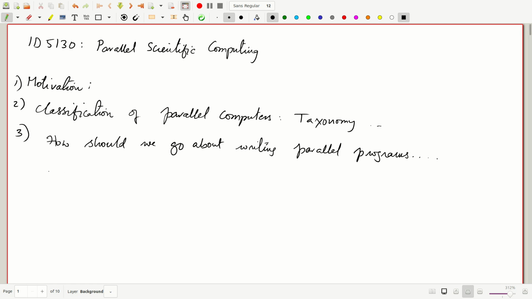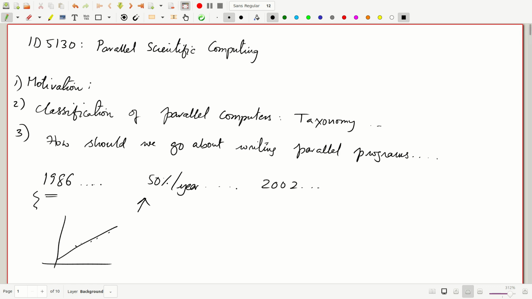In yesterday's lecture, we said that the processor performance has increased about 50% per year, starting with about 1986 and all the way to 2002. Now, what is magical about 1986 that the processor performance has to increase at 50% per year compared to the previous year? Around 1985 or 86 is when Intel launched